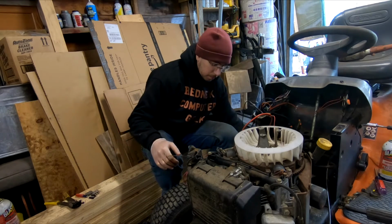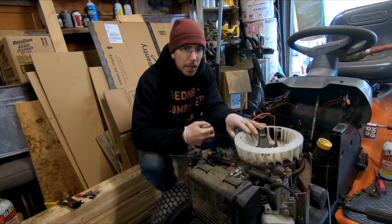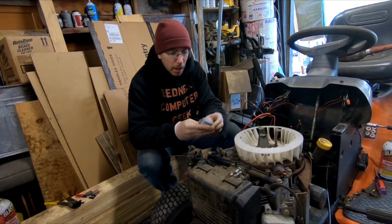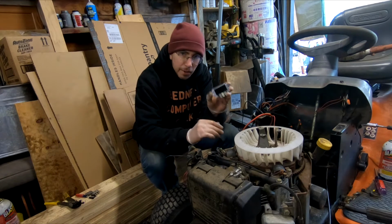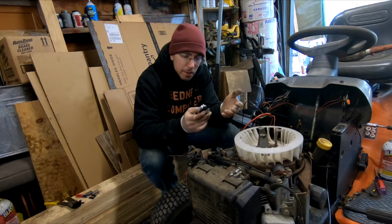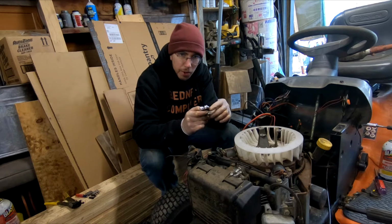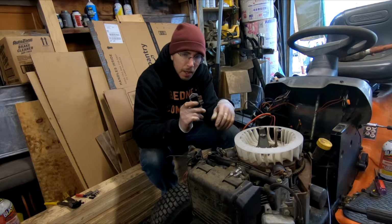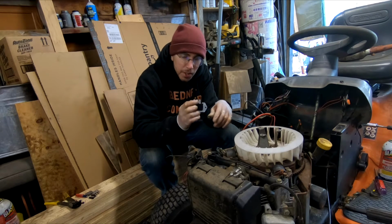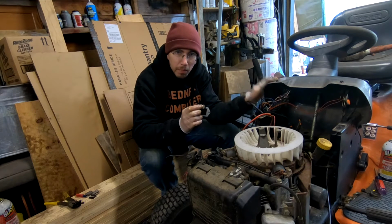Now, the thing is your stator actually puts out AC voltage, and it has to go through your rectifier. And your rectifier basically needs about 40 solid volts, 38 to 40 volts of AC coming into it in order to be able to produce 15 volts of DC going out,